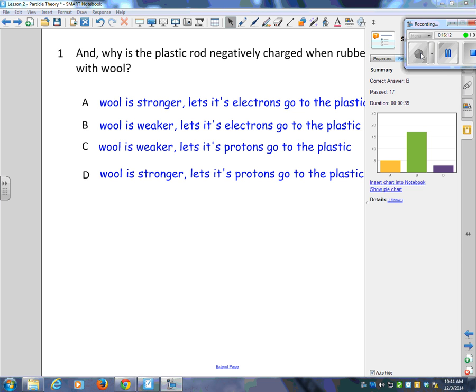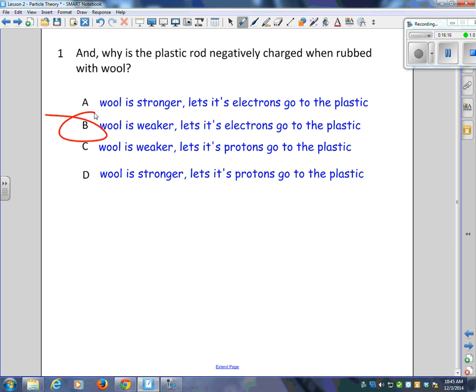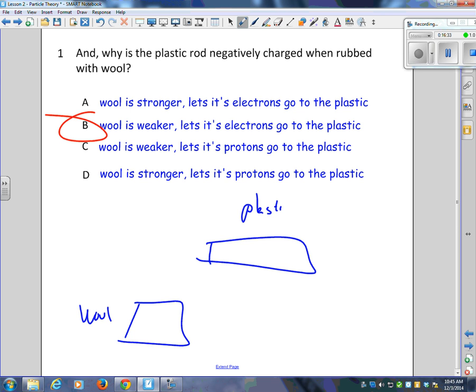Okay, correct answer is B. Let's investigate how you would do this. Why is the plastic rod negatively charged when rubbed with wool? So we've got plastic, and we've got wool. Plastic rod is negatively charged, which means it has